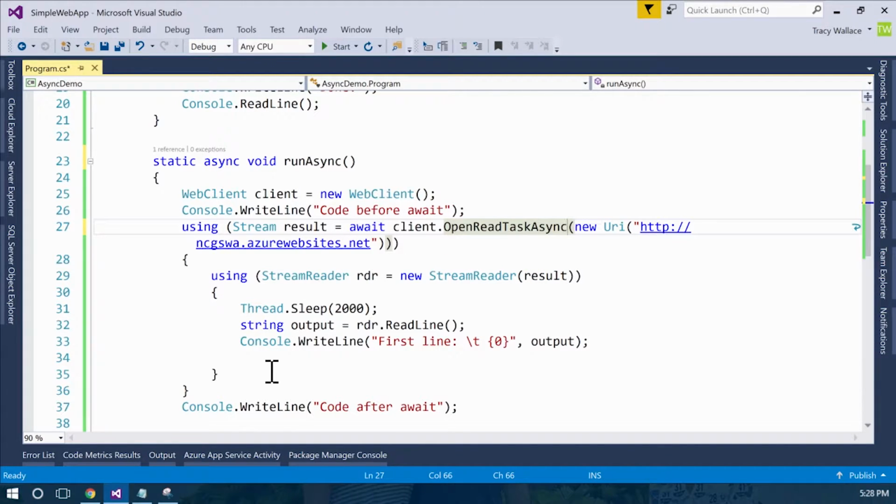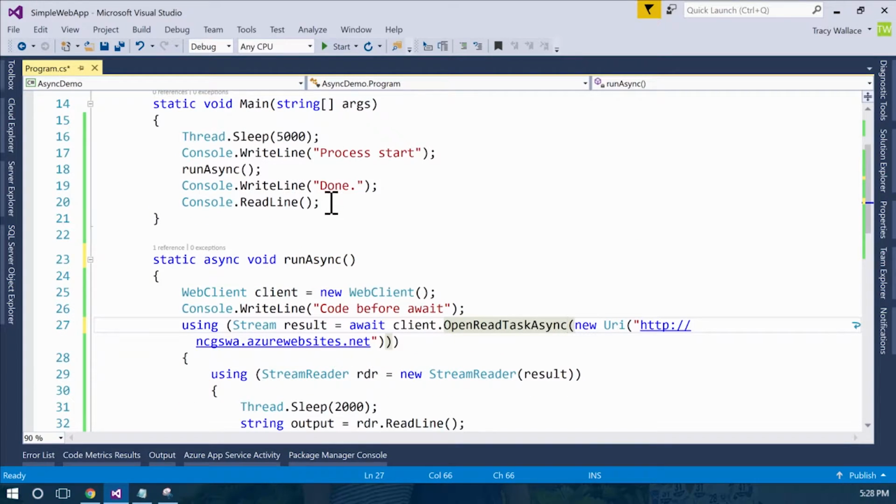The rest of my code stays the same. Everything after that await is going to run on that other thread. It's going to await the process, but then everything that's not under that is going to run normally. So now when I run this,